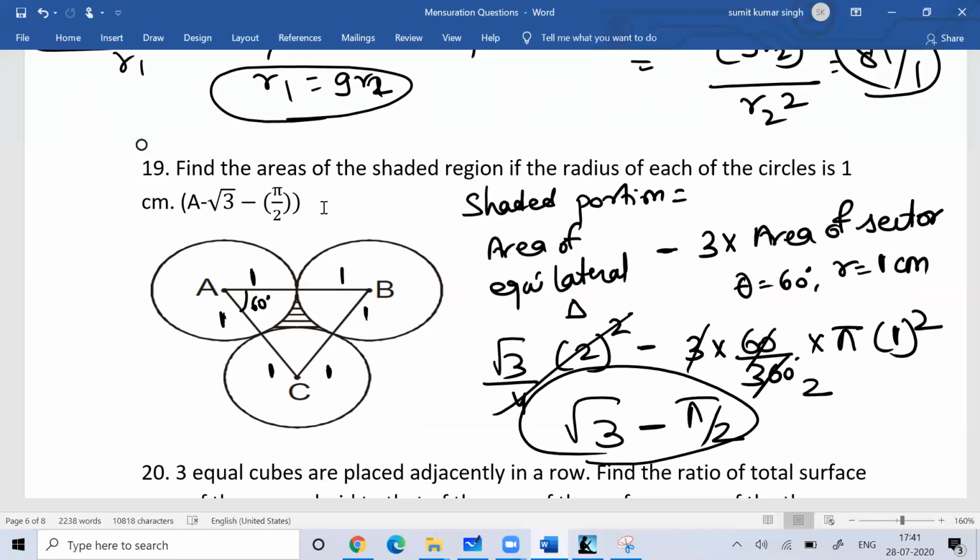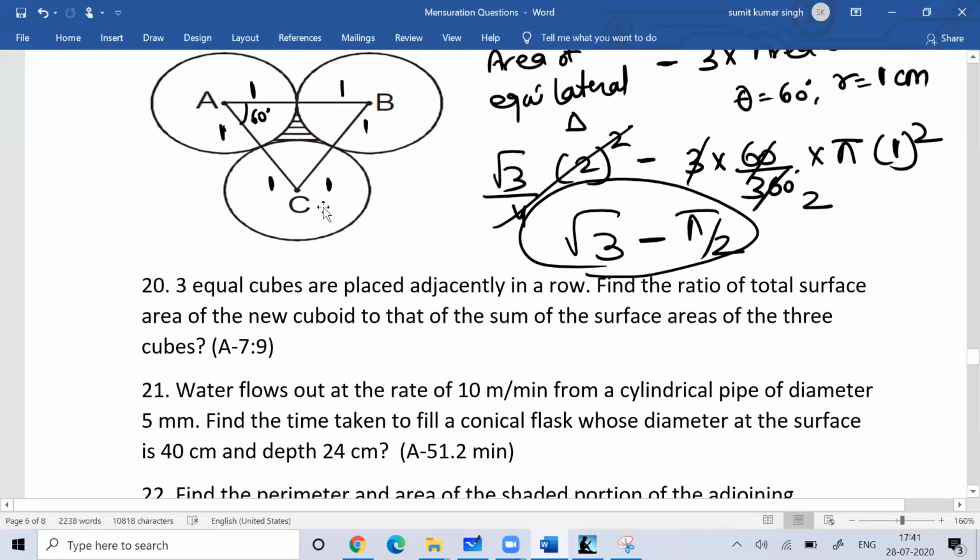So you can see the options, and depending upon the options, you can decide whether you need to solve it further or not. Otherwise, you know the value of root 3. Root 3 value is 1.732. You know the value of pi. You can take the value of pi as 22 by 7 or 3.14, whatever is convenient for you, and depending upon the problem, you can take it. Otherwise, in an exam, they give the value. Whenever they expect you to work on pi, they will definitely give you the value.